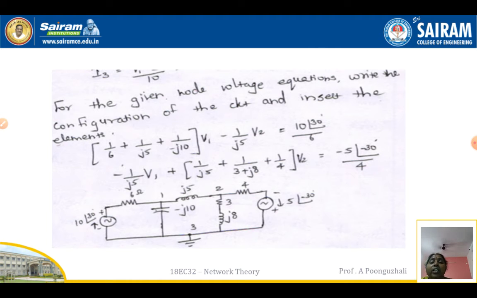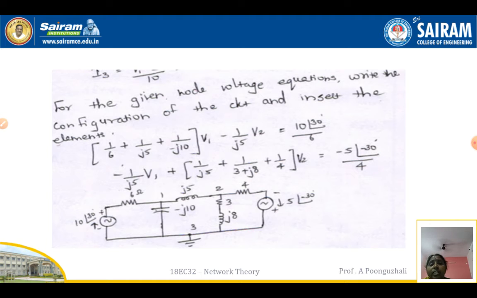To node 1 I have 3 components present. One component is your resistance. Next, between V1 and V2, I have J5. J5 is an inductance, so plus J5 represents an inductor. Between V1 and V2 I am going to have an inductance. J5 is over, 6 is also over. Minus J10 is the element connected only to your node 1 and your reference node. Between node 1 and the reference node, minus represents a capacitance. So draw a capacitance. The value of the capacitance is minus J10.